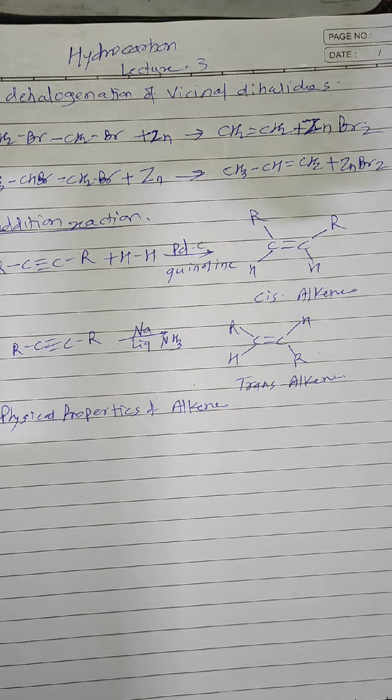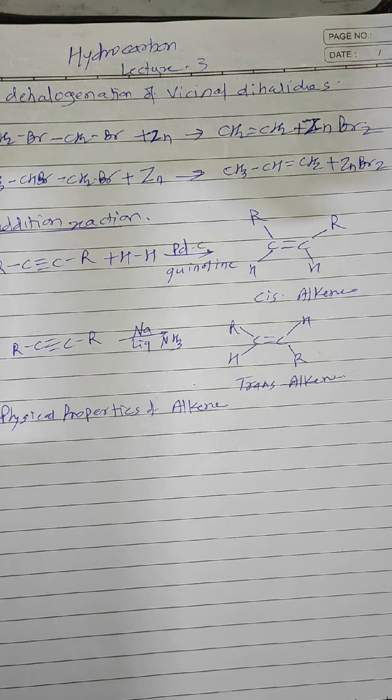They are all colorless and odorless, though ethene has a slightly pleasant odor or smell. They are very slightly soluble in water but readily soluble in organic solvents. Their boiling point, melting point and specific gravity generally rise with increase in molecular weight in the series. Their boiling and melting points are slightly lower than those of alkanes containing the same number of carbon atoms. So generally these are some properties of alkenes.